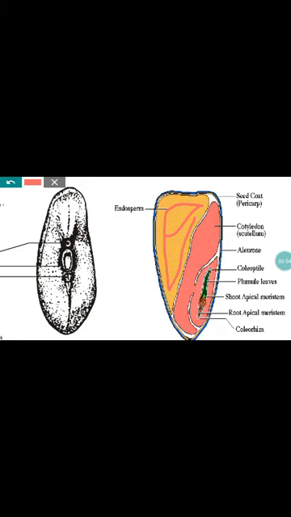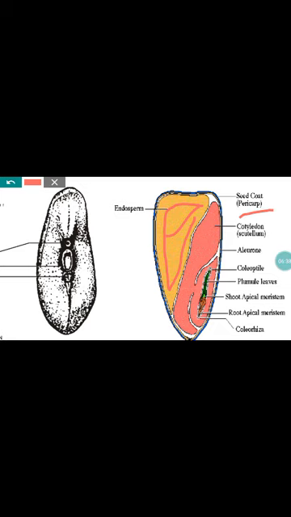Whereas in the case of a monocot like sorghum, maize and bajra, there is no separate seed coat. So here the fruit itself acts as a seed. Because of that, the fruit wall and seed wall fuse together and form a pericarp. Here the fruit wall and seed wall fuse together to form that yellow color layer, and you cannot separate it like in the dicot. So that is called a pericarp, as in the case of maize.